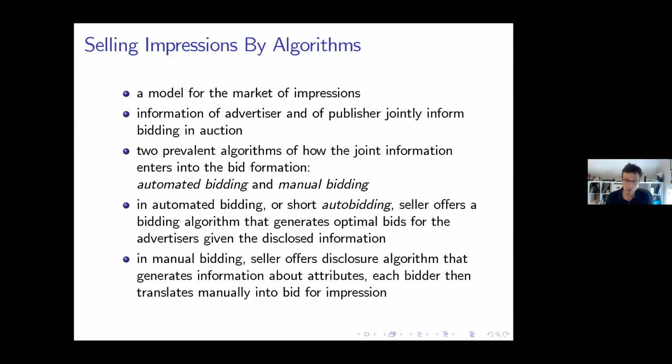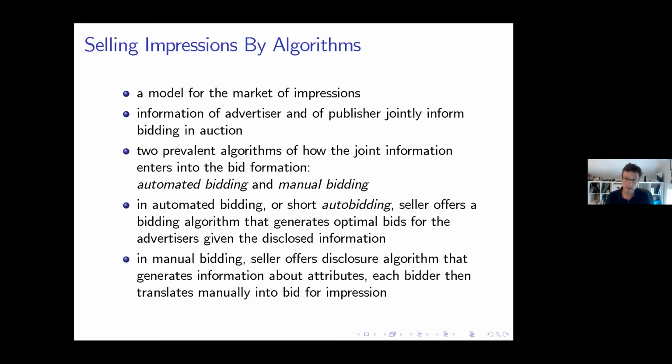And so here we will think of broadly two classes of revelation mechanisms that are associated with the names of automated bidding and manual bidding. These are terms that we borrow from the computer science literature and from the literature of digital advertising. In automated bidding, essentially the bidder will reveal some information about his preferences, and then that information will be fed into an algorithm that bids on behalf of the bidder. So at the first instance, we only have truth telling as a constraint.